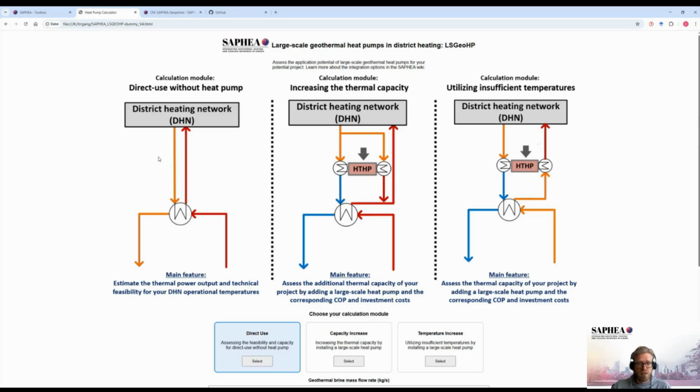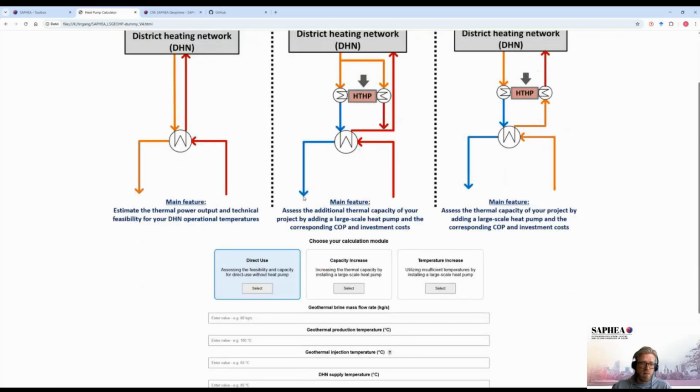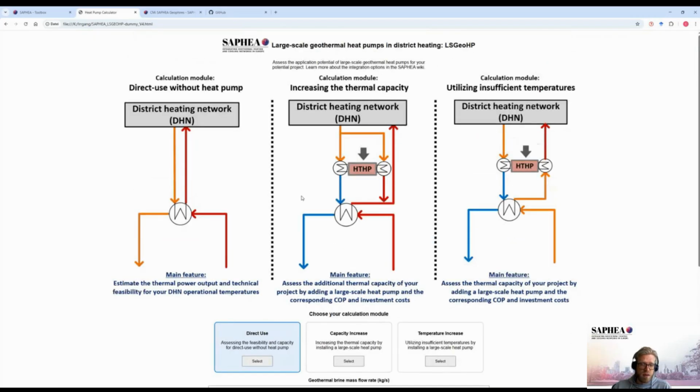So if the production temperature of your geothermal project is not matching with the supply temperature of your district heating network. Therefore, for example, by using some of the output data which you get from the GeoFires tool, you can use this heat pump calculation model